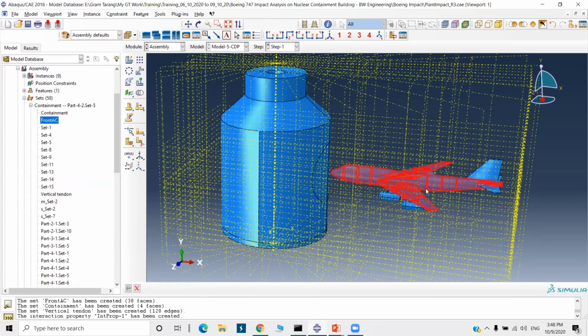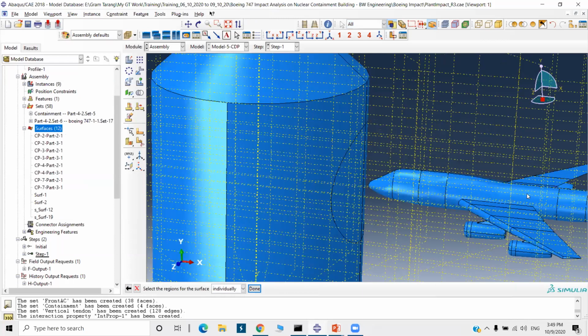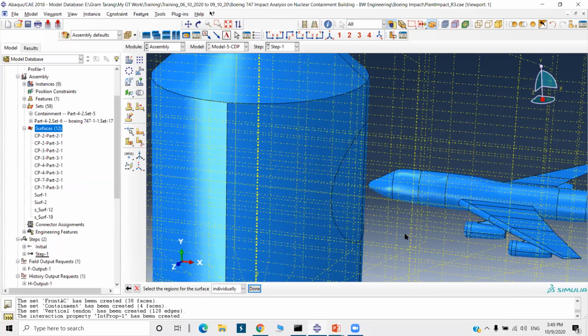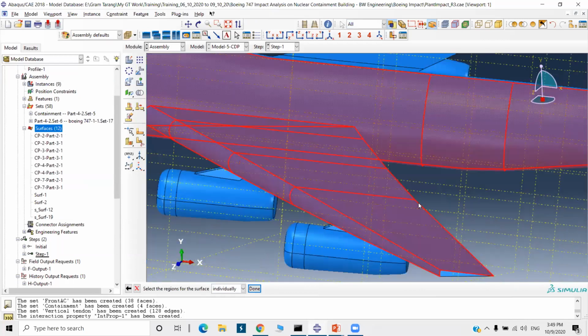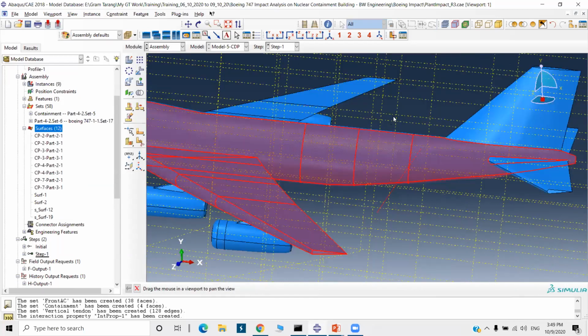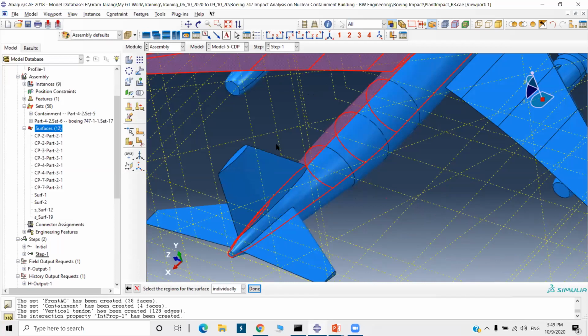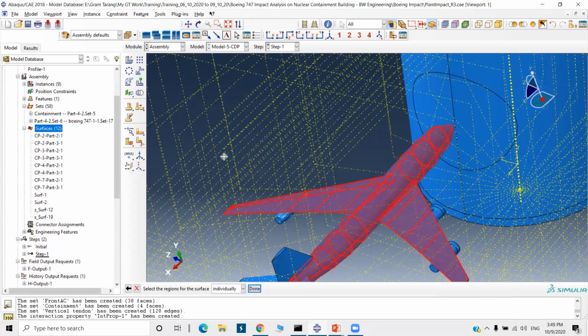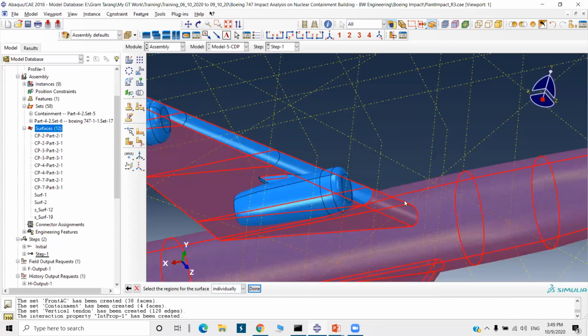Once again, select all these surfaces. Okay, so done. Select this brown.